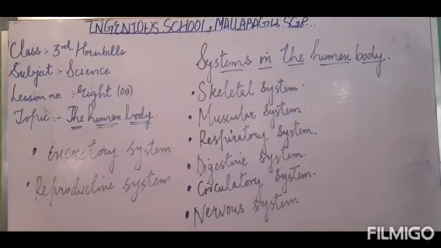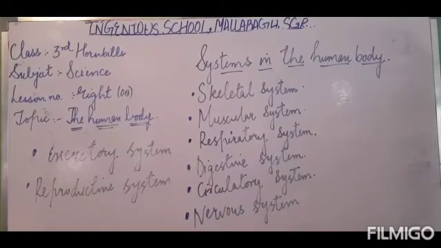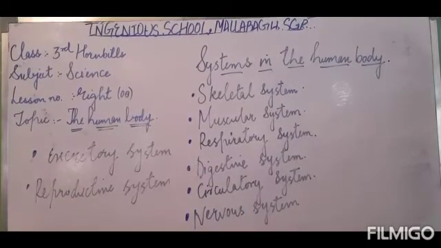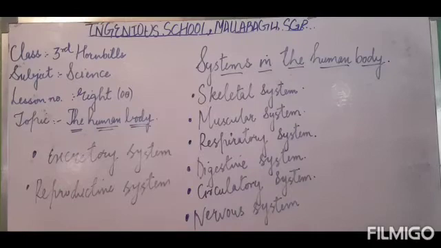And then from the stomach, the food moves into the small intestine. And in the small intestine, the digestion of the food is completed. Got it? The digestion of the food gets completed in the small intestine. So here in the small intestine, the food is acted upon by the juices from the liver